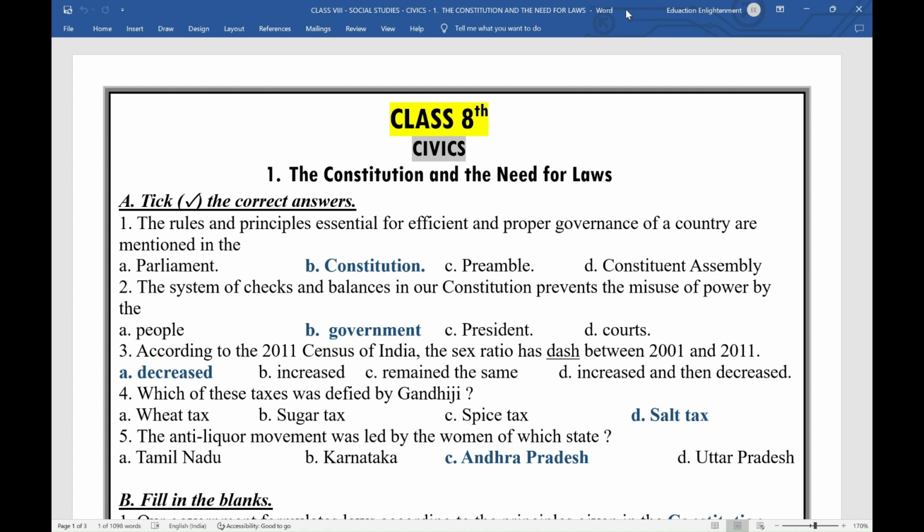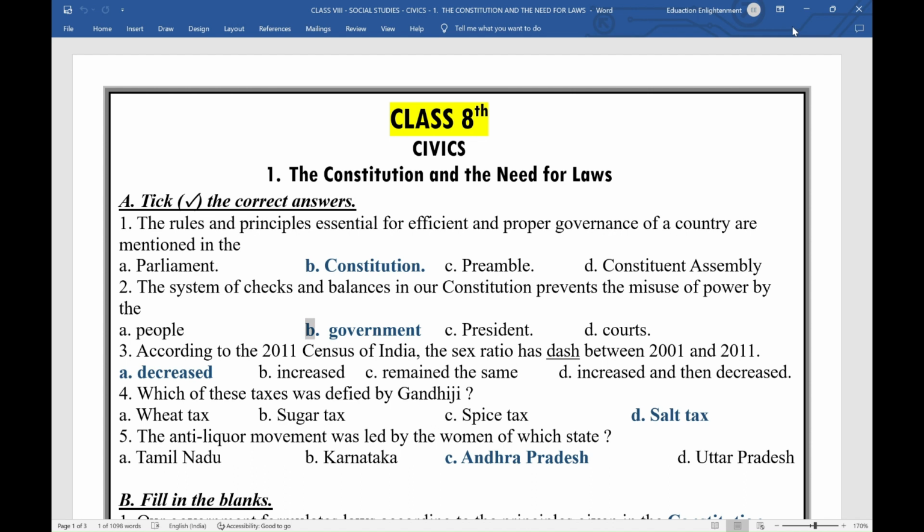Civics. The Constitution and the need for laws. A. Tick the correct answers. 1. The rules and principles essential for efficient and proper governance of a country are mentioned in the A. Parliament. B. Constitution. C. Preamble. D. Constituent Assembly. 2. The system of checks and balances in our Constitution prevents the misuse of power by the